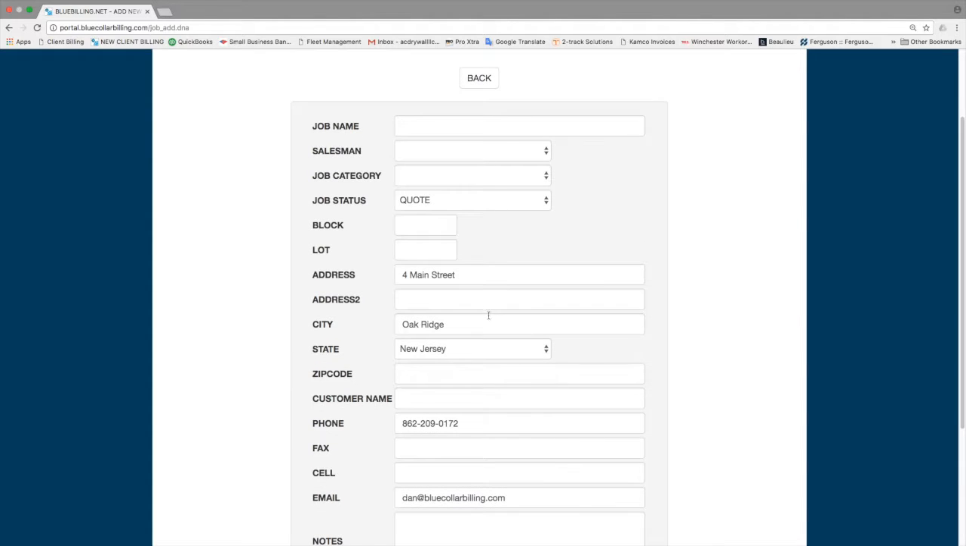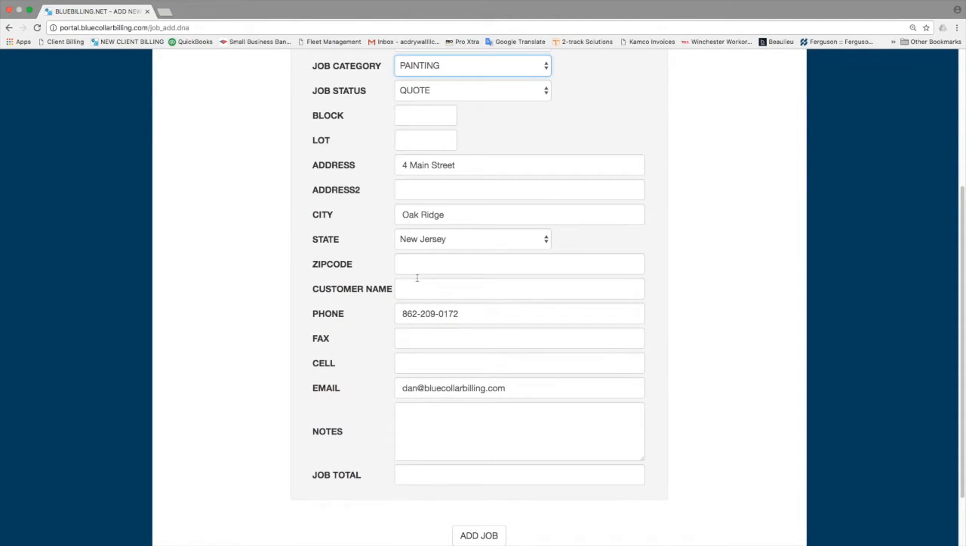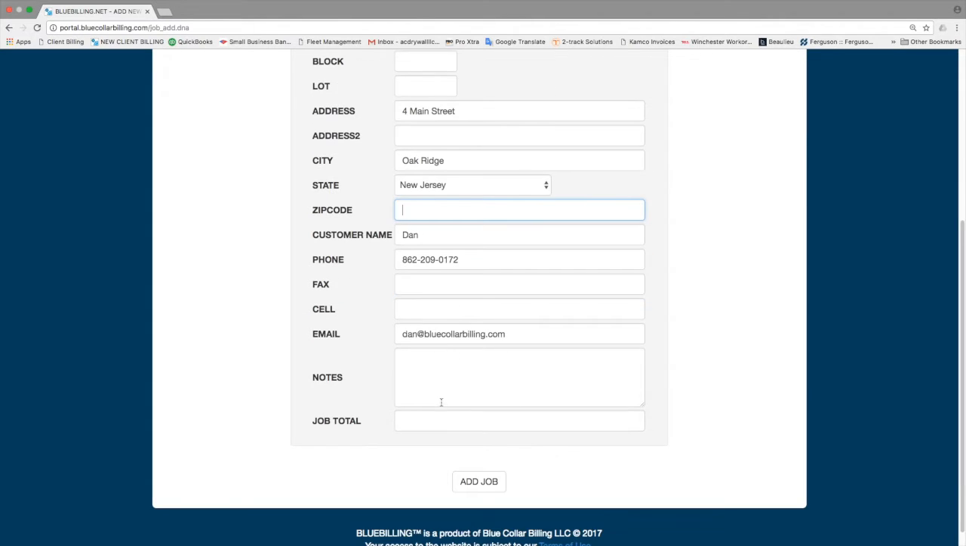So let's go through and fill this out real quick. Job category, we'll say we're going to do a painting job. Lot and block, we don't need that for this job. Customer's name, Dan. Any notes? And we're going to leave the job total blank for now because we're going to use the estimating features that are built in to figure out what the proper billing amount should be. Simply click Add Job,